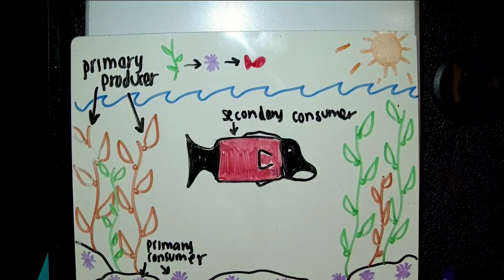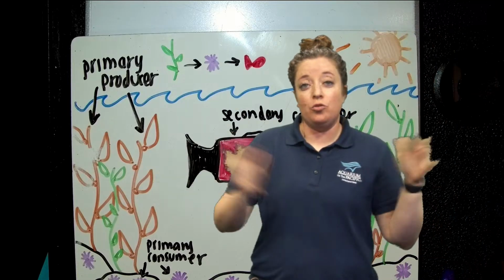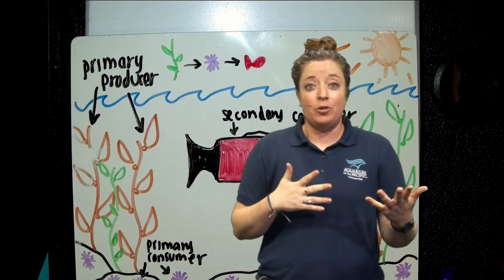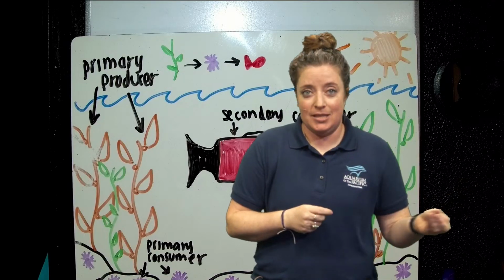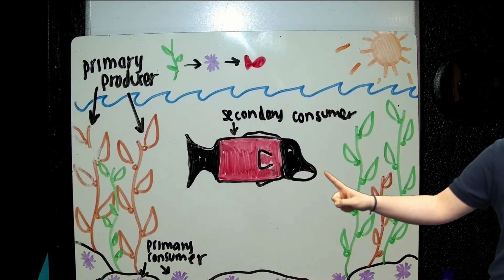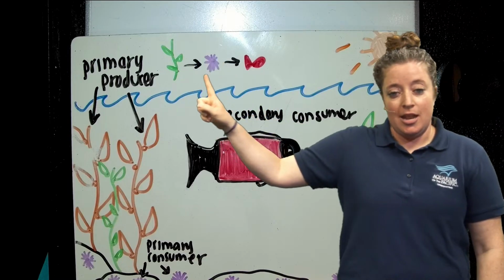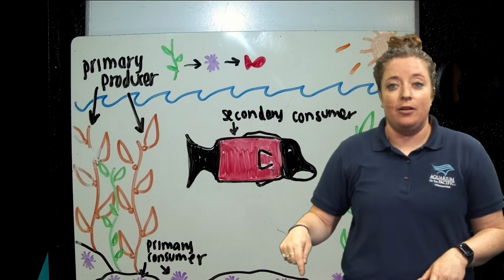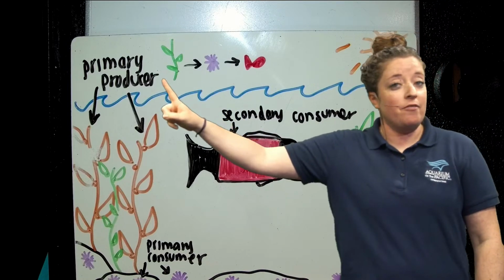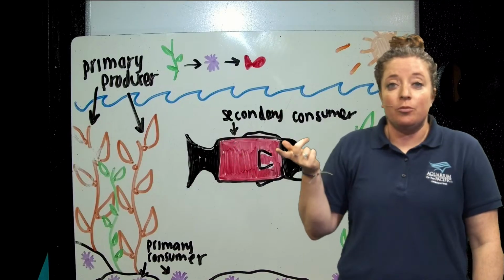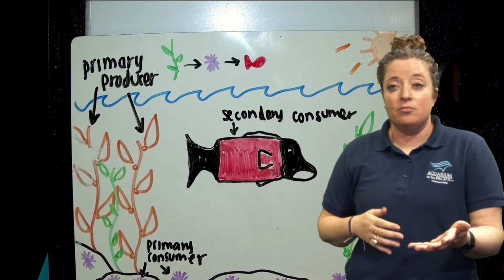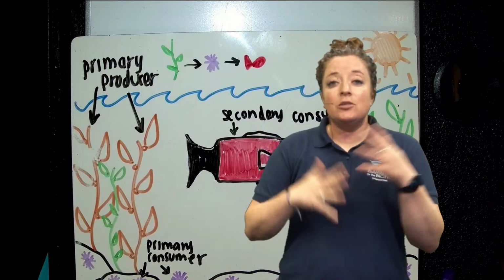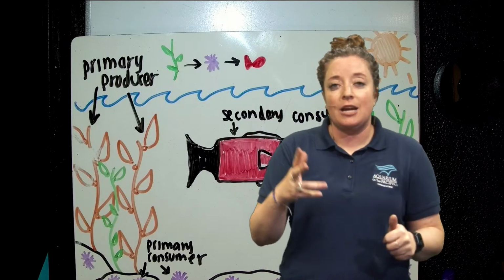But in any habitat, that is too simple because that's just one line. But we know there's a lot more animals who live in that habitat, and a lot of those animals might eat the same thing or might get eaten by the same animal. Like the California sheephead doesn't only eat sea urchins. Now, they may be its main food source or its favorite food, but they can eat some other things as well. Those sea urchins' main food source is just the kelp. But other animals who eat kelp might be snails, and they have other algae they can eat. So that's where we get a food web because there's a lot of different animals eating a lot of different things.